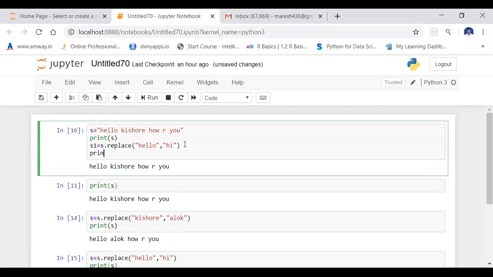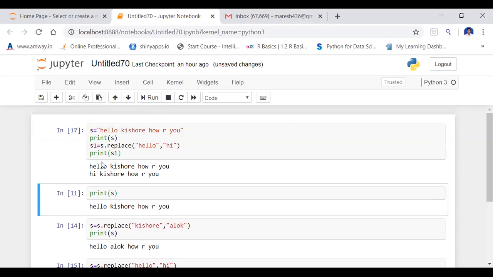Now print. You clearly observe that in my S it is "Hello Kishore, how are you", and in my S1, "Hi Kishore, how are you". This is S and this is S1.